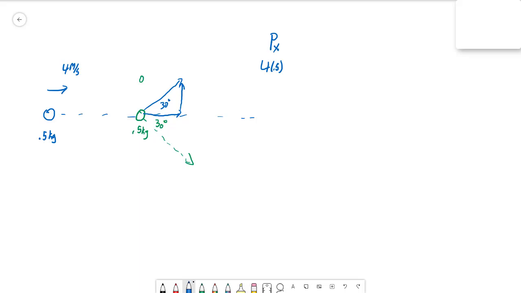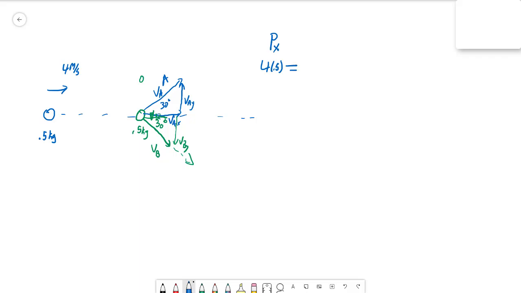I have the velocity, let's call it the blue one A. I have velocity A in y, and I have velocity A in x, and then I of course have velocity A. And then down here in green, I have the velocity of B, we'll call it, and then there's the velocity of B in y, and the velocity of B in x. Now, we have to be careful when we measure angles, or we have to be careful with sign, but we'll get there. So 4 times 0.5, that's the initial momentum in x, equals,